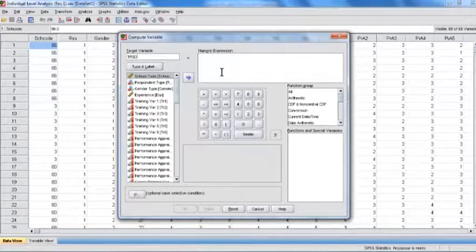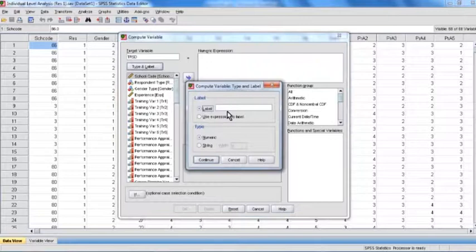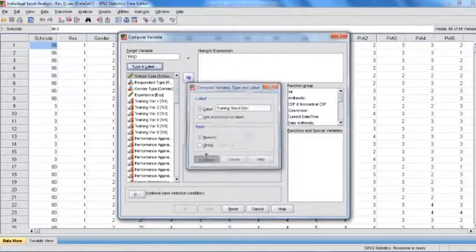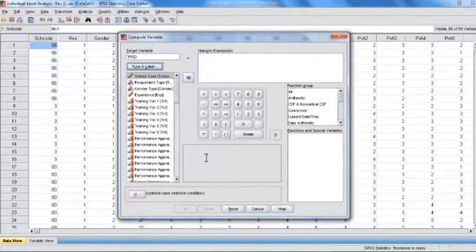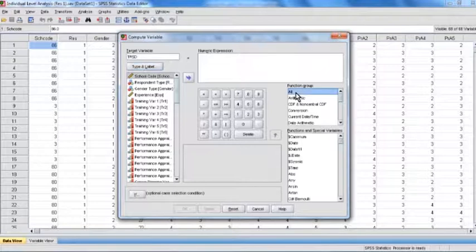Here again we can mention the type and label, and the label can be written as training standard deviation. Clicking on continue. So now we can select all the function groups by clicking on all, and below this function group window we can see